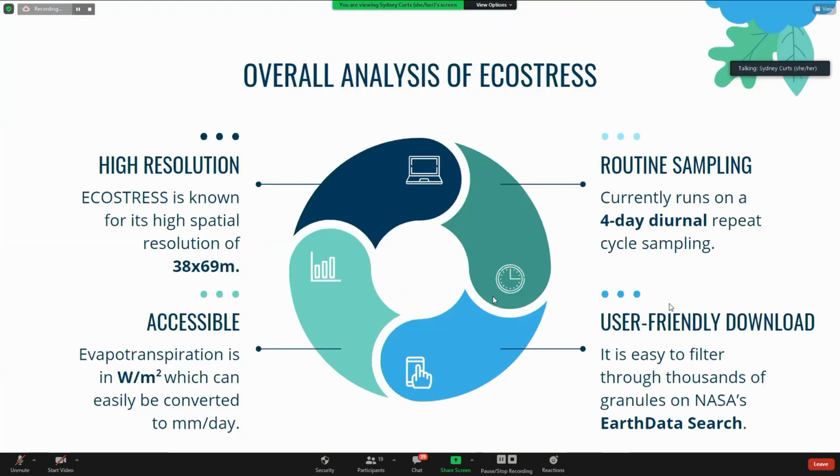And so overall, my analysis of Ecostress, there were 4 big things that really stuck out to me. One of which was, going into this, we knew that Ecostress was known for its high spatial resolution, but more specifically, it's 38 by 69 meters. And then they do a routine sampling. It's a 4-day diurnal repeat cycle sampling, meaning that the satellite goes over the area every 4 days and